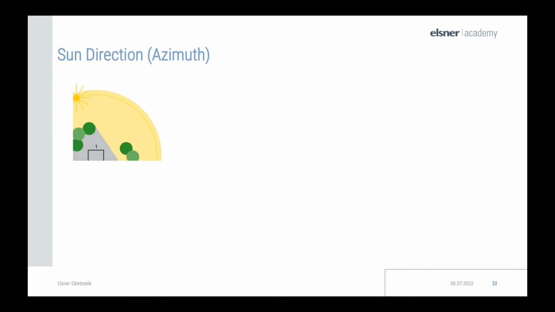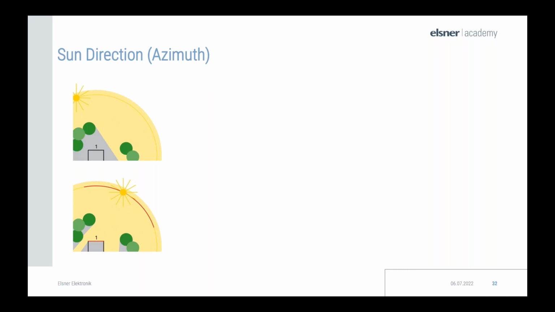As you can see, natural shading exists from the trees. This is visualized here. So that needs to be taken into account in a high-level building automation and shading control. Only when the sun moves during the course of the day, you can see it here in the second figure, does it hit the building unhindered. Before, there will be shade cast naturally by the trees. And this is exactly where the shading of the blinds is required. Not before and not after, only when the sun is hitting.